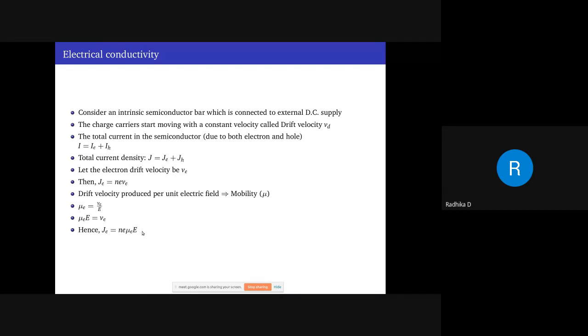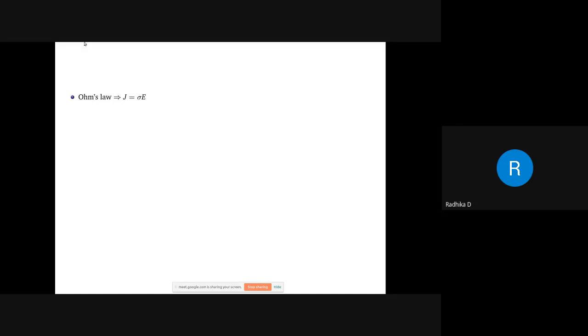I can get one more expression. What is that? I can write current density J in terms of electric field like this. J is equal to sigma into E. This sigma is what is known as the conductivity, electrical conductivity, which we have been talking about until now. The title is electrical conductivity. We are going to say what it is. We are going to find an expression for sigma. So J is equal to sigma E, and this formula is also known as Ohm's law.